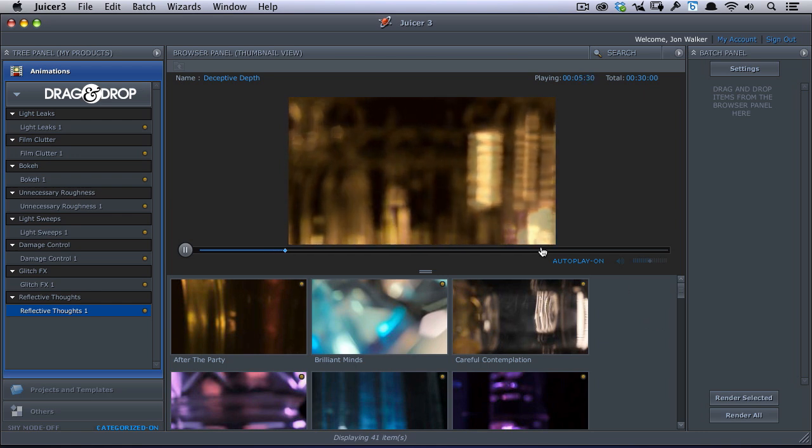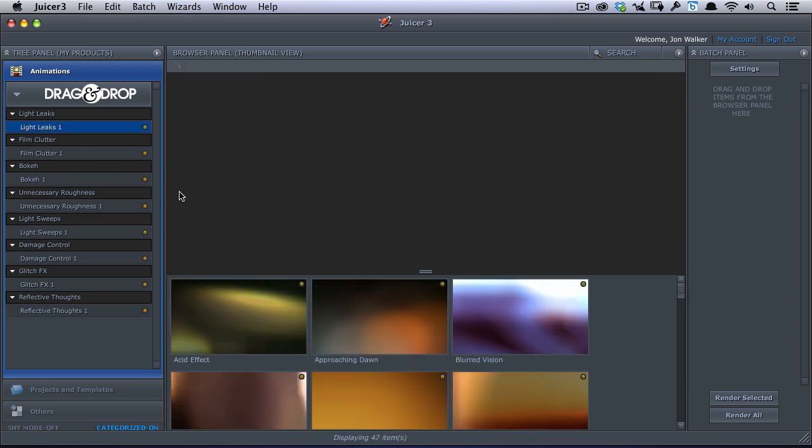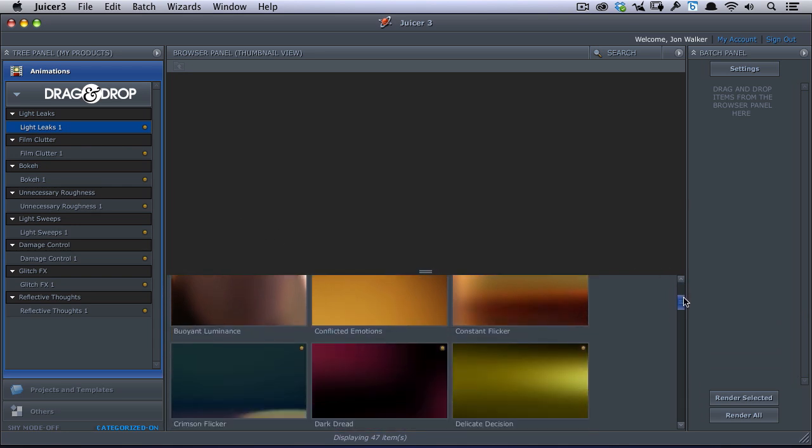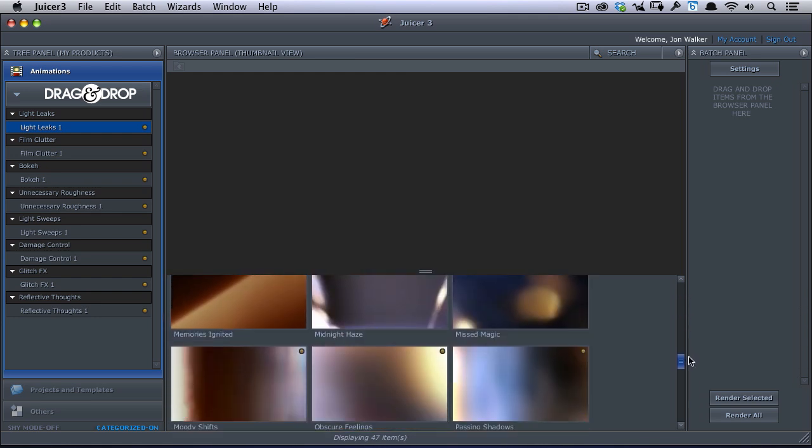Now, I'm in the juicer. I've got all this installed. We've got these great products here, and I want to use them. How do I get it out of the juicer? Well, here's how you do it. Let's just go to light leaks first of all. Okay, let's check out light leaks, and let's grab, how about